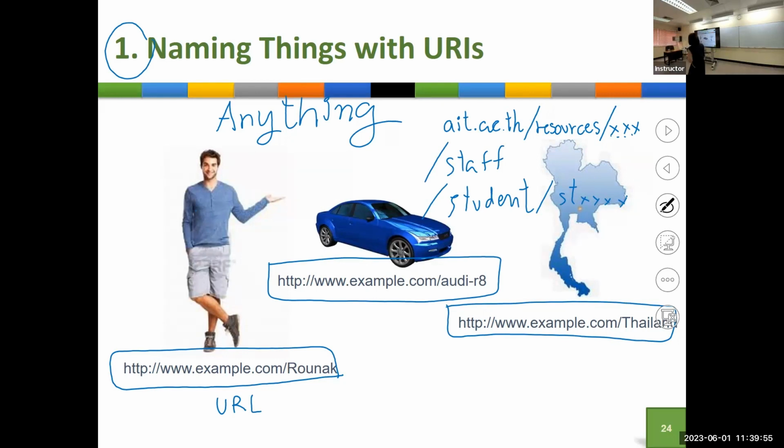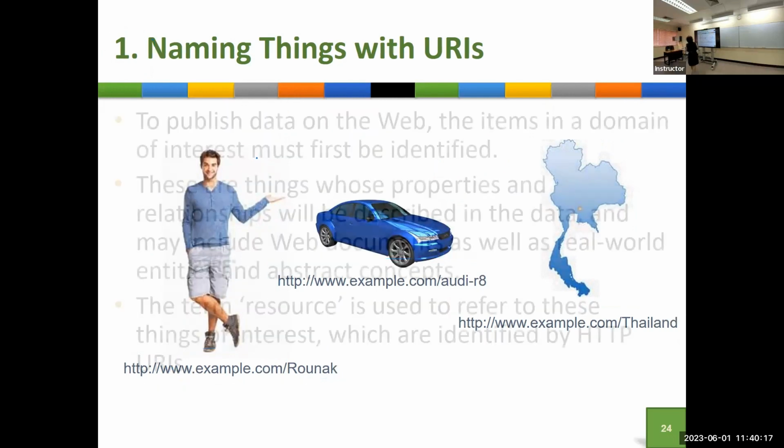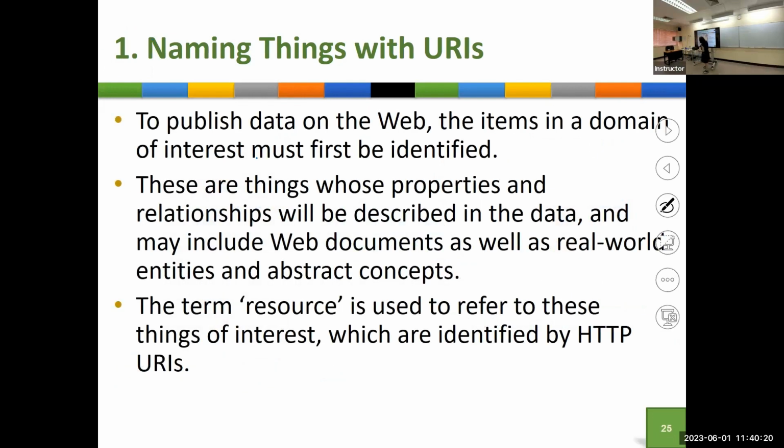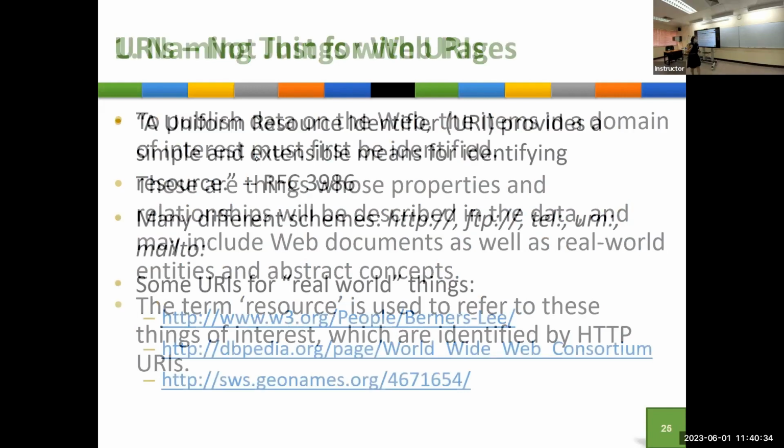Then you can have your own URI that is for sure guaranteed to be unique. The same for any other object that you may want to describe. The first thing is you need to make sure it's uniquely identified by some URI. Okay. After you name anything, okay, we give them a URI, then it is a resource on the web. It refers to a resource. By this mechanism, you can,